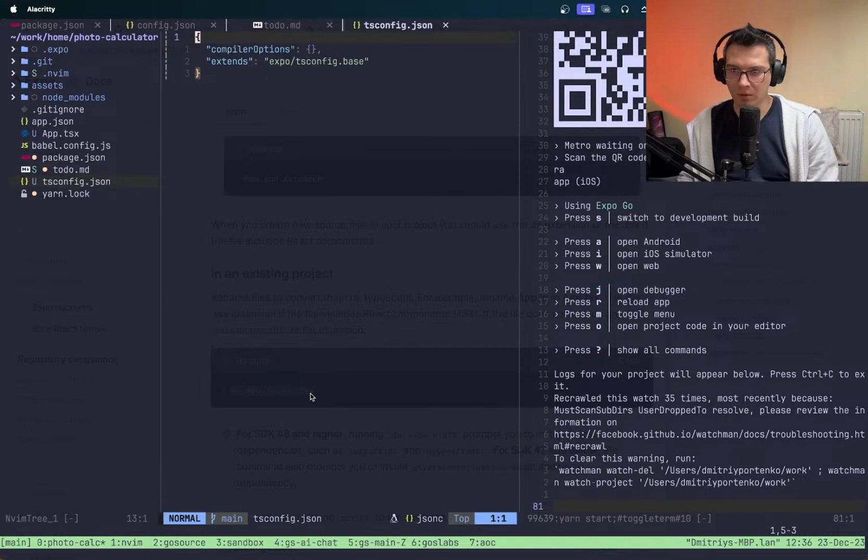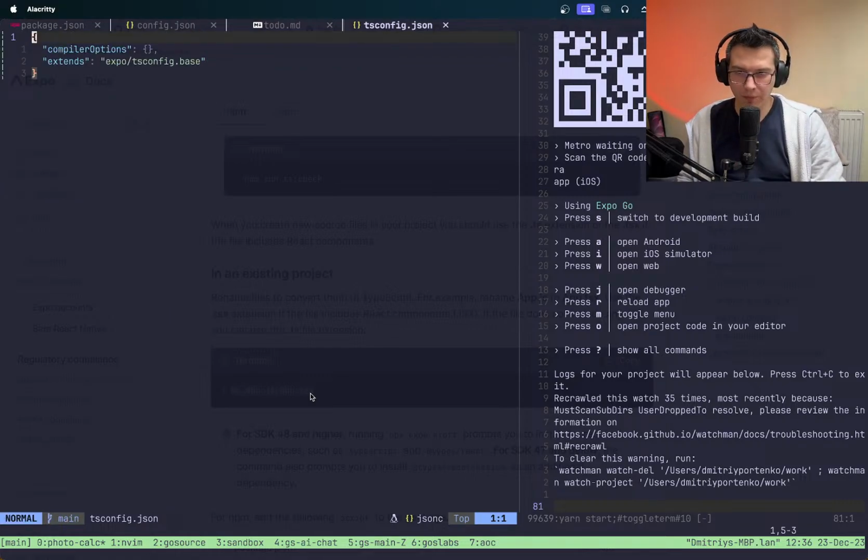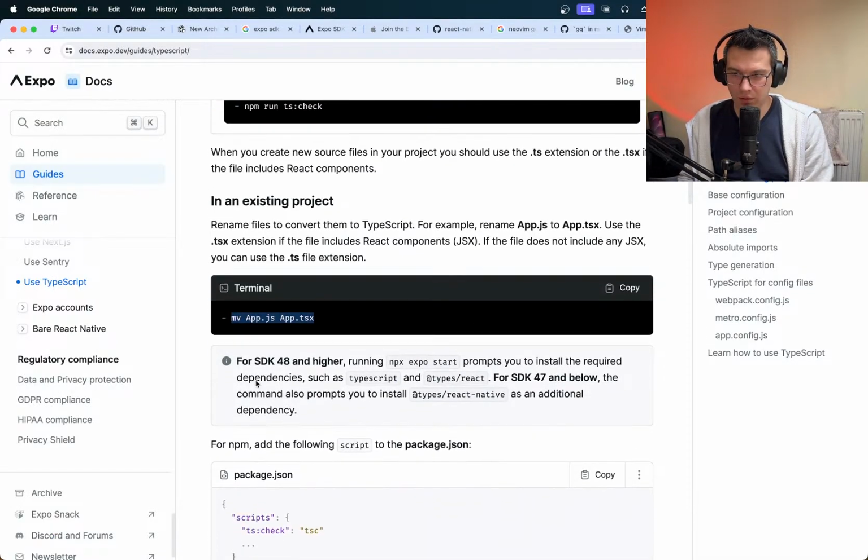Yeah, you see it automatically added the TypeScript config. Cool. And